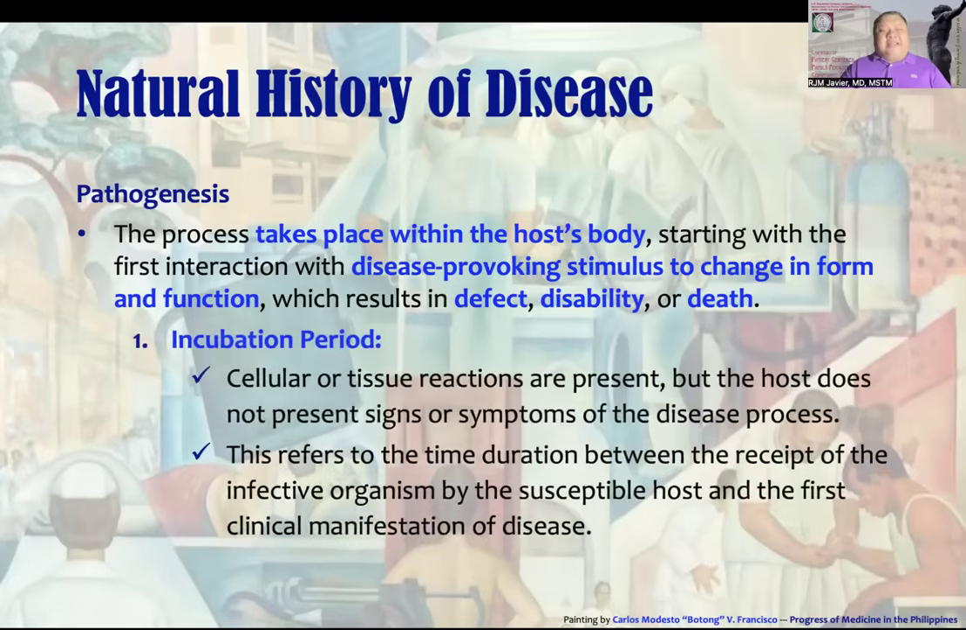Now, your pathogenesis stage is divided into several parts. You first have your incubation period. During this time, no specific manifestations are evident. However, there could already be beginning cellular or tissue reactions happening. This refers to the time duration between the receipt of the infective organism by the susceptible host and the first clinical manifestations of